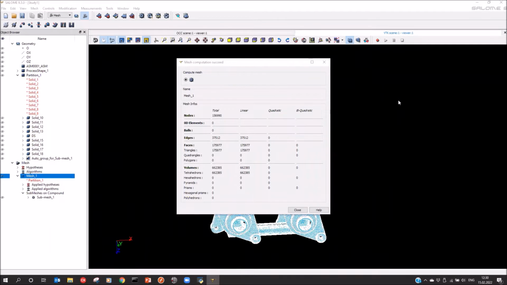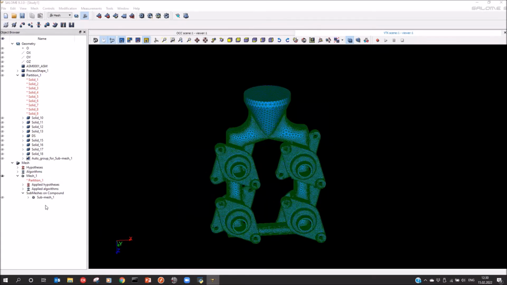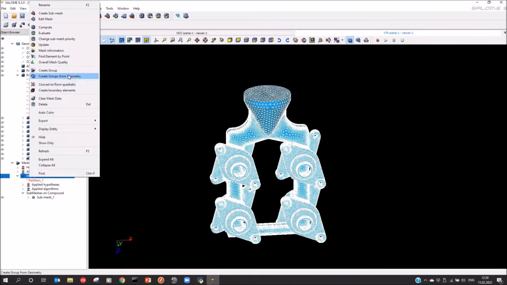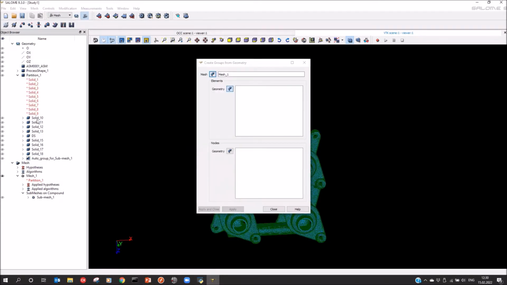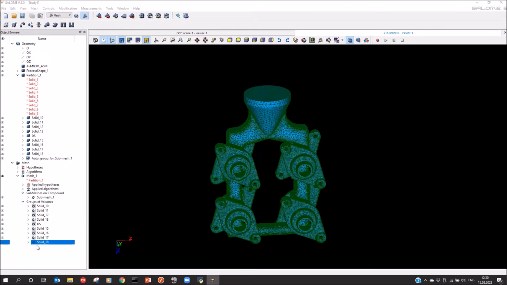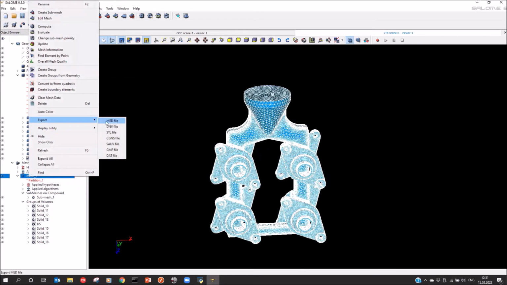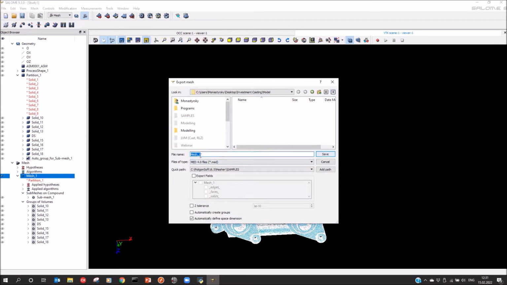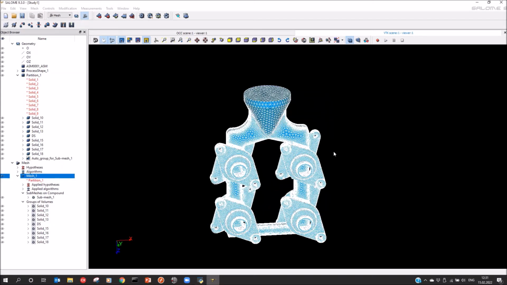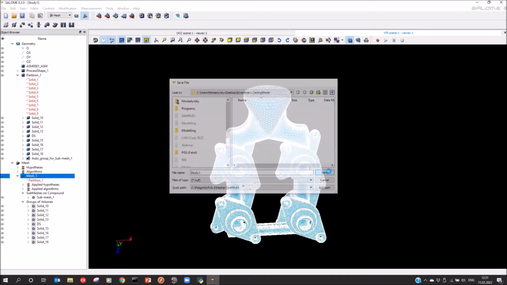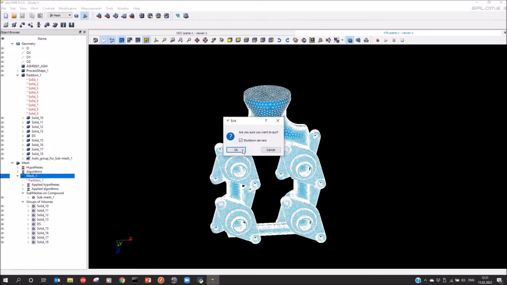Okay, we have a success here, and now I will close this report, and I need to create groups of my 3D elements from geometry, and I select this command and select all bodies from my geometry here. Click apply and close, and I have these groups with 3D elements, and now I can export my mesh. Click here, export to med file, and here is the name of my mesh, and save. And that's all. I can save my work in mesh generator format like this. Now I can finish here. I can close mesh generator